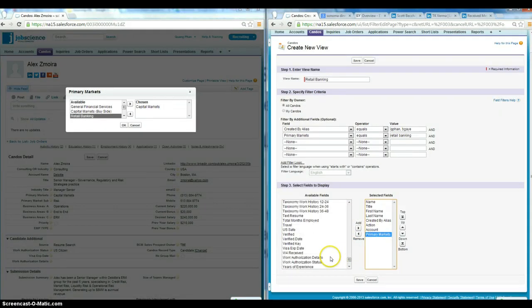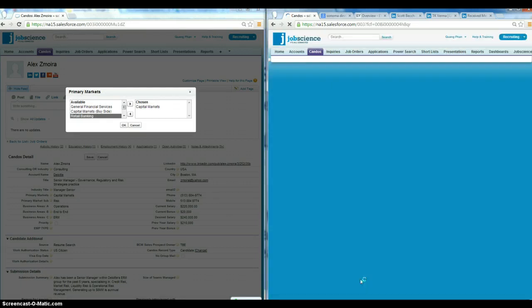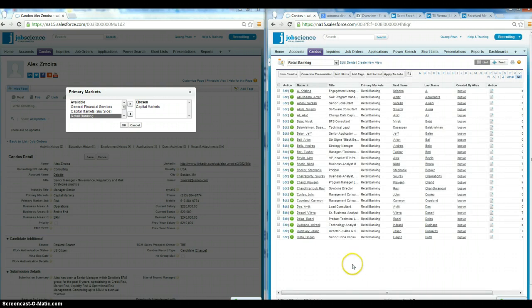Now, feel free to go through these. I'd recommend taking a look at a bunch of these when you have time to see which ones you may want or may not want in your search. Definitely some of the other coding will be important. Here you can move things up and down depending on how you want it, or you can do it once you go to view. So go ahead and click save, and boom,